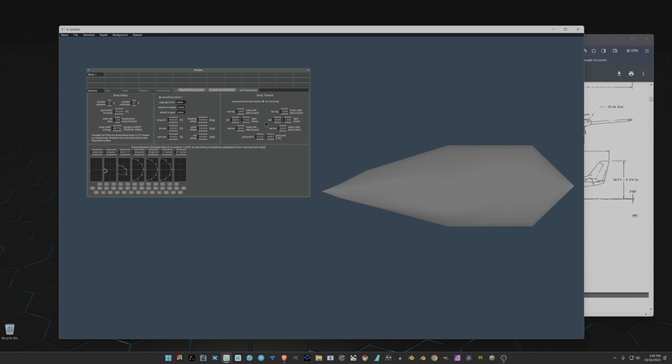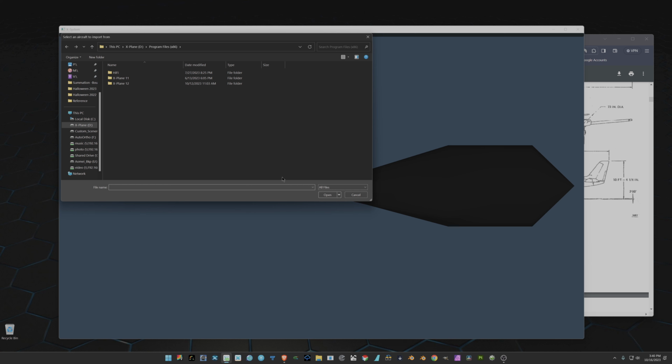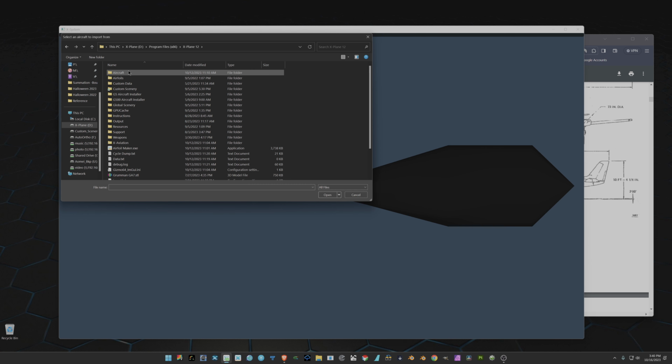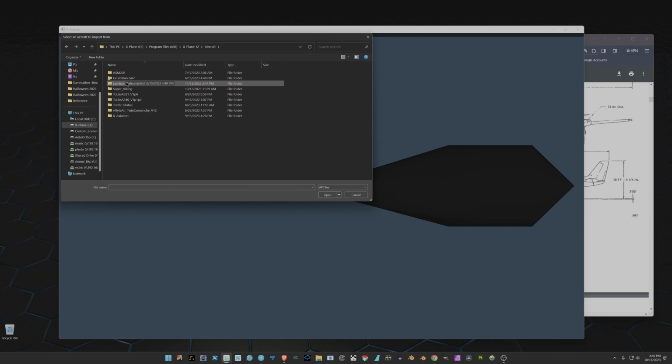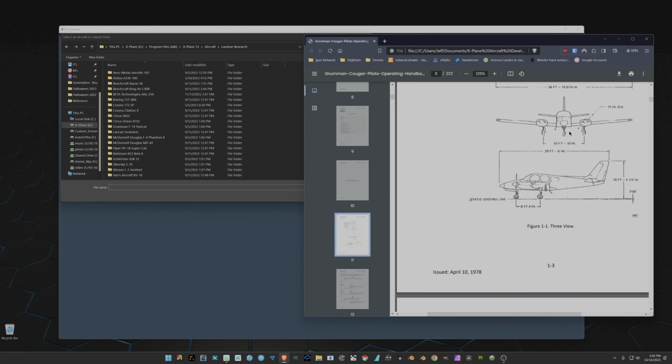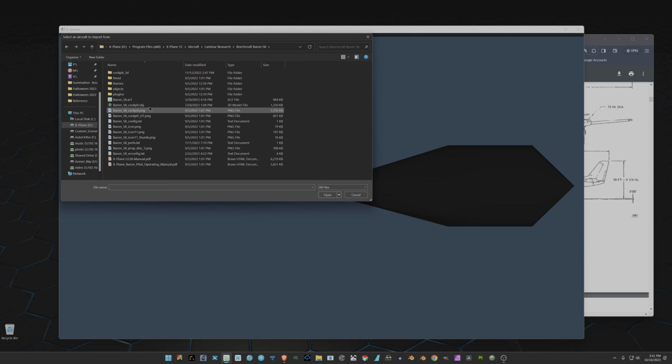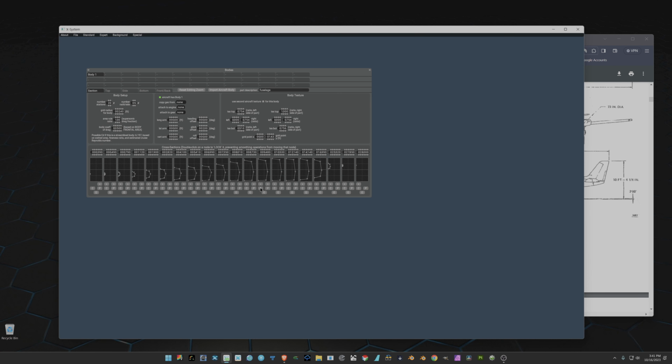If we go back to our section, and we're going to say import body from aircraft, and I'm going to go into the airplanes that are in here. And I know, just in general, I've got a twin-engined general aircraft that has 4 seats in it. That's kind of close to a Beechcraft Baron 58. If I go into here and I look at the aircraft.acf file for the Baron, if I select that to import it and open it, you'll see I'll get a very nicely done